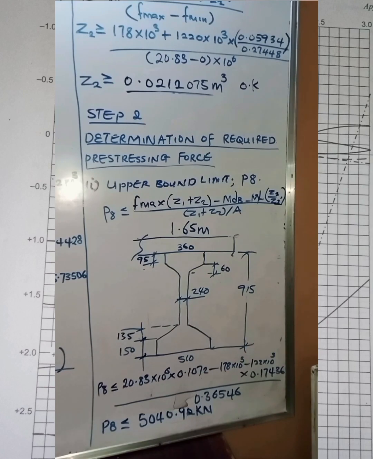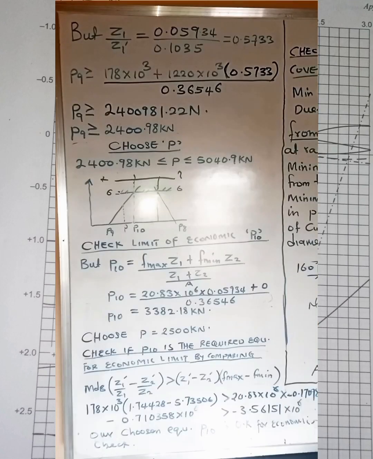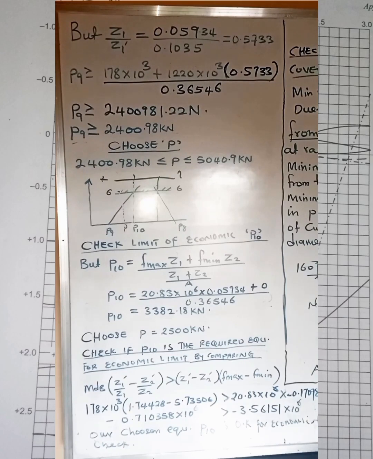Okay, so this is the upper bound limit. So we're going to determine the lower bound limit so we can select the appropriate pre-stressing force. Look at the lower bound limit of the pre-stressing force. We have it as P9, and we have P9 to be greater than the expression 178 times 10 raised to power 3 plus 1220 times 10 raised to power 3. If we work out that expression carefully, we are going to have the lower bound limit of the pre-stressing force